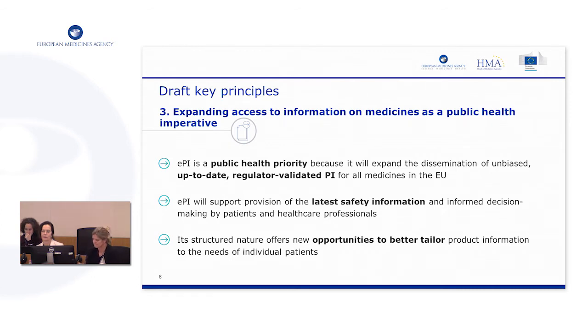Or a good example, which came up again, as I said before, during the public hearing, is that, for example, in the case of valproate, the information is in the package leaflet, but for different reasons, the women who were exposed to this medication didn't read the package leaflet and didn't read this critical information. So how do we ensure digital technology allows that no woman taking this medication goes without an alert telling them to be careful, there is a risk of damaging your baby if you take this medication while pregnant? This is an example that may not apply to another person, but applies to this one. Olga, would you like to complement?